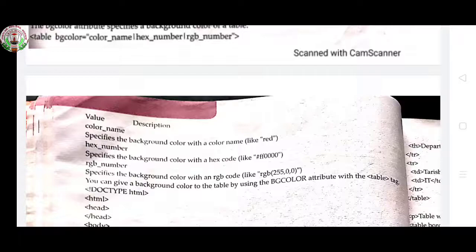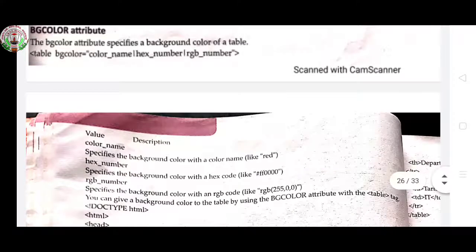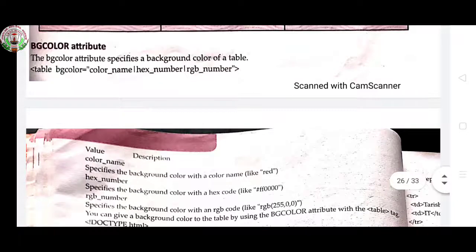Hex numbers specify the background color with the hex code. Here three types we are using. First is color name. See this example, opening table BG color is equals to color name. So here it is giving the description. When you write color name, we can easily write the color name.